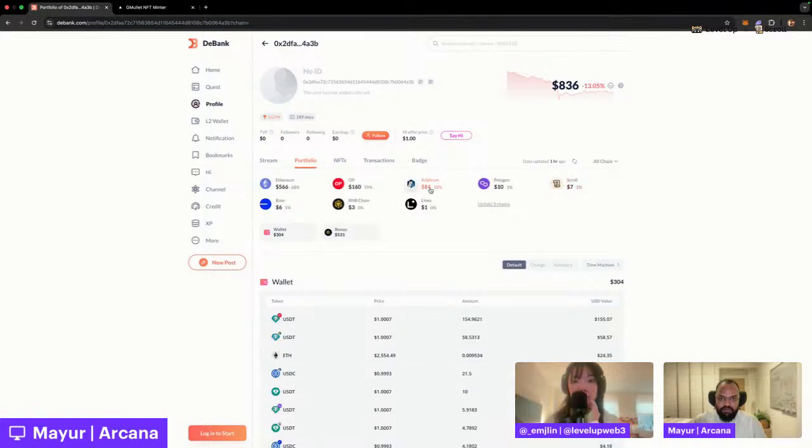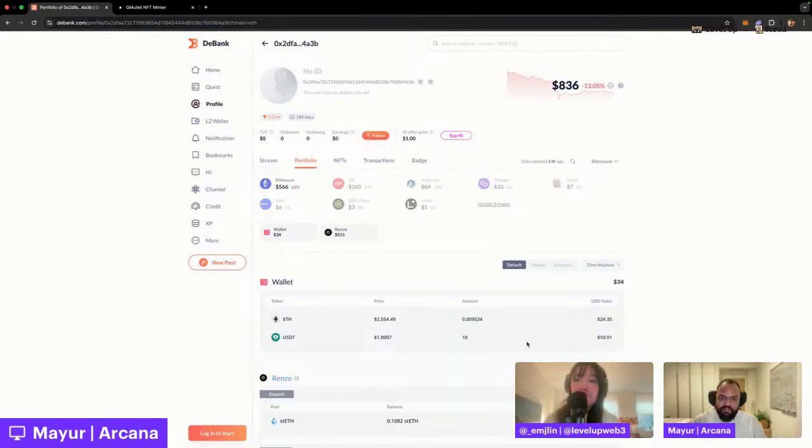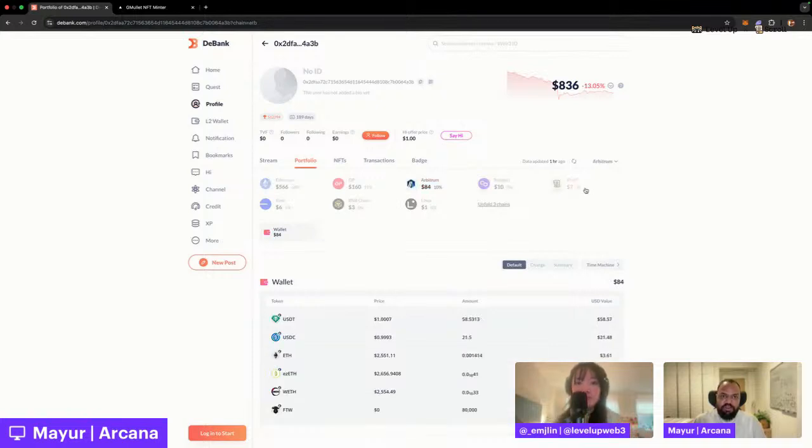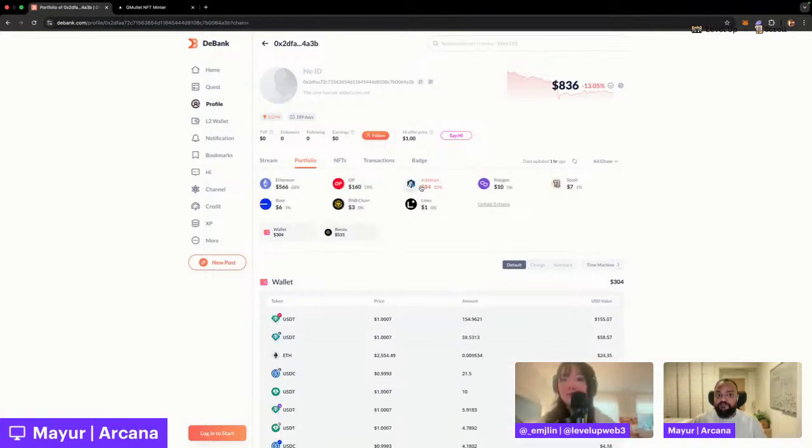But if I head over to Arbitrum, I have more ETH here. I have more than what I need to mint that NFT. If I check OP, I have even more ETH. If I go to Ethereum, I have more. So basically, on all of these chains that we support, I have enough to be able to mint this, but I just don't have it on Scroll.